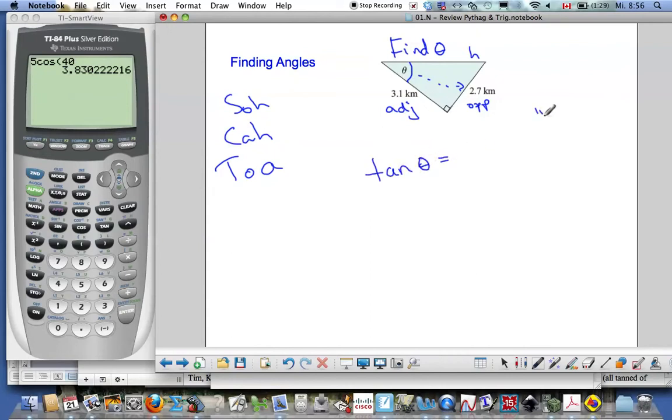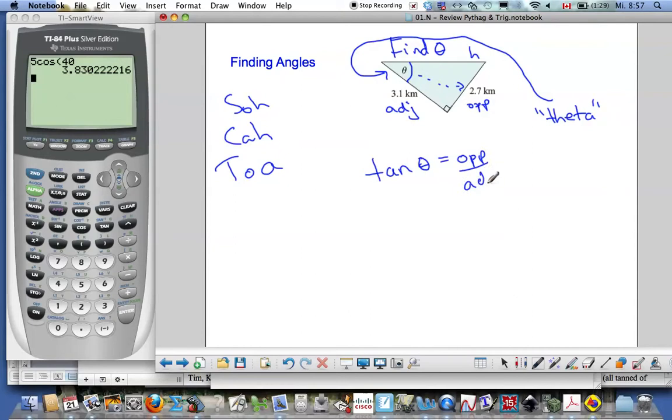And what I'm saying here, I'm sure you know this. I should have put it there. But this is a fancy Greek word for theta. You'll remember it from 8th grade, yeah? That's the name of that letter. That's a symbol for an angle. It's like X, except in the angle world. Okay, so